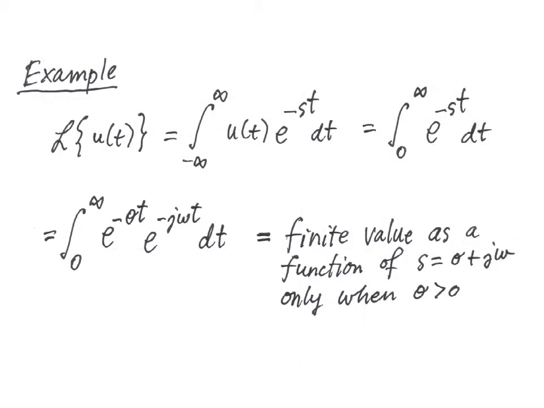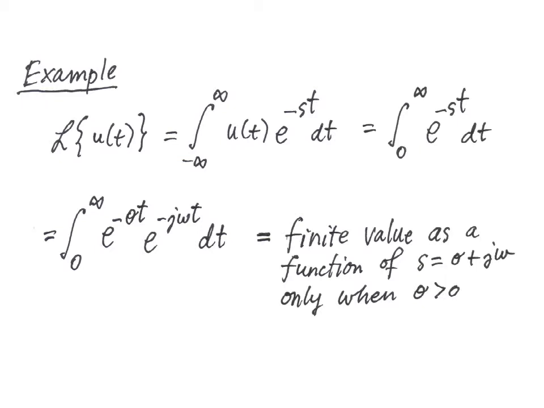And now a specific example. The unit step function may be Laplace transformed using the bilateral Laplace transform. And on the top line, the very right expression, the lower integral limit is changed to 0 because u of t is 0 for all negative time. And the integral then, as shown on the bottom line, is that of a complex exponential. The complex exponential may be separated into two parts,